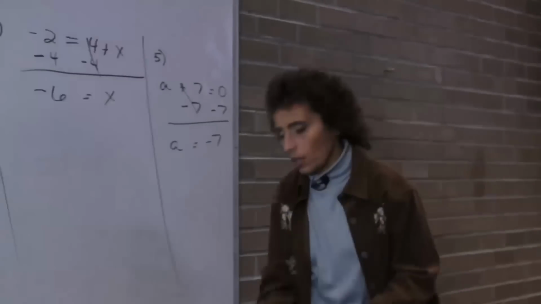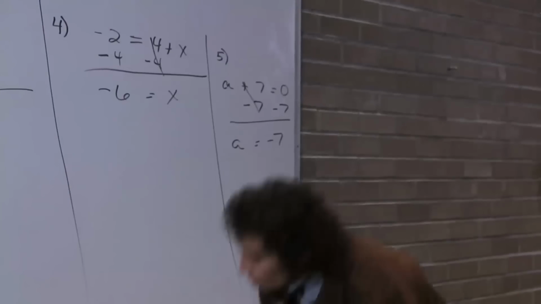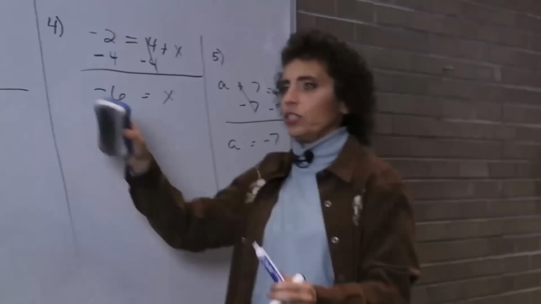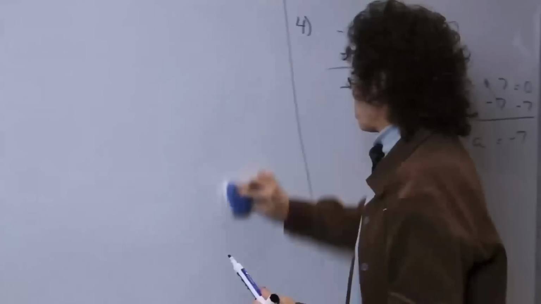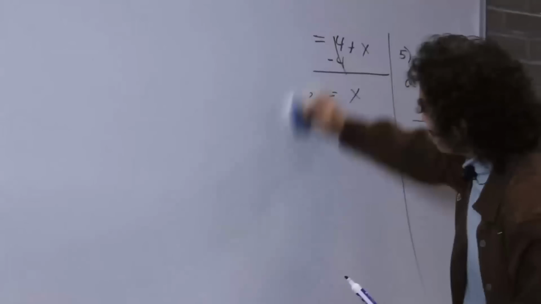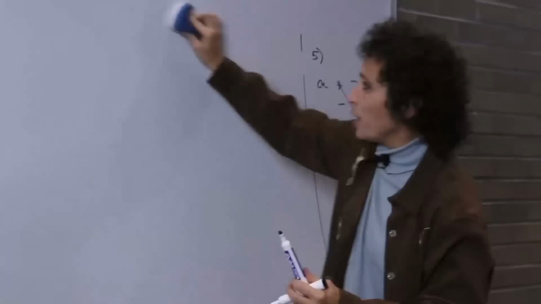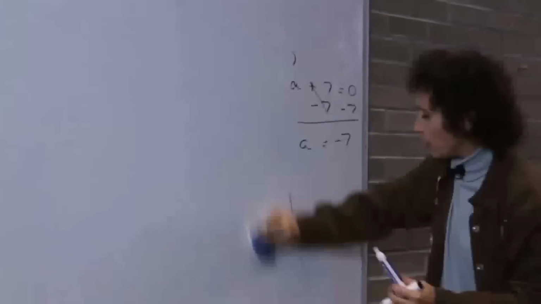Okay, let's look at the next one. Let's see if we can make these any harder. They're a little too easy, huh? In your workbook, there are tons of rules on how to do this. Make sure you read them. You're allowed to read your workbook. That's kind of a good deal.